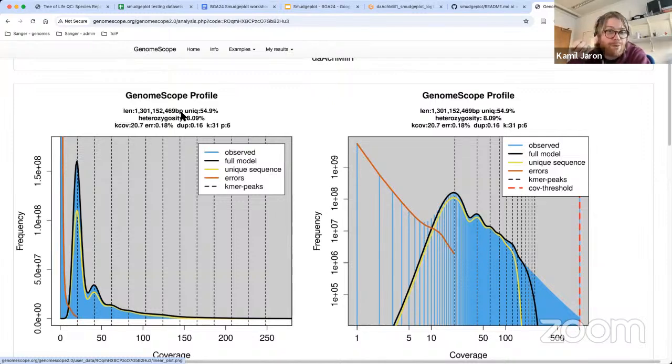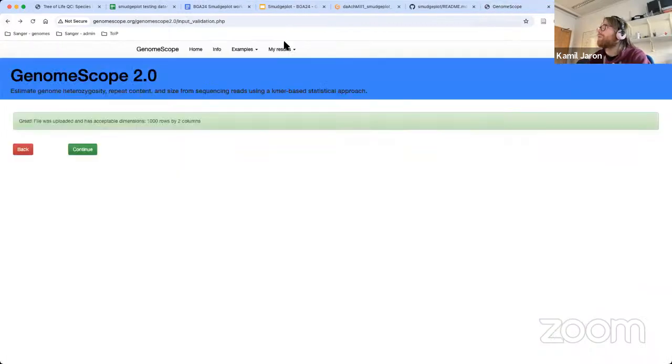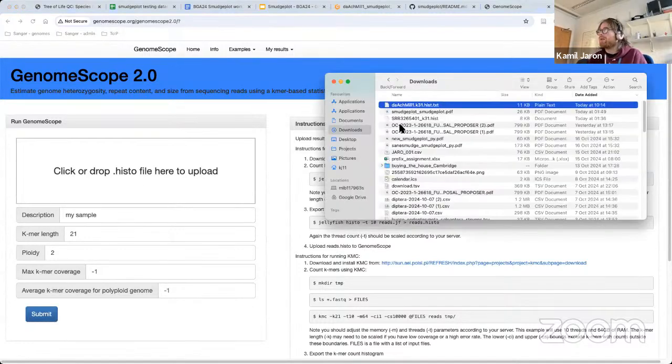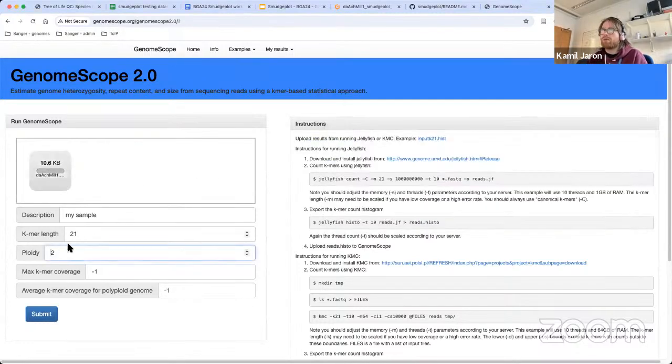If you assemble 1.25 instead of 1.3, well, I guess that's understandable. Of course, the genome size estimate is an estimate after all. But it looks okay. And you can also go back and do the same with tetraploid.